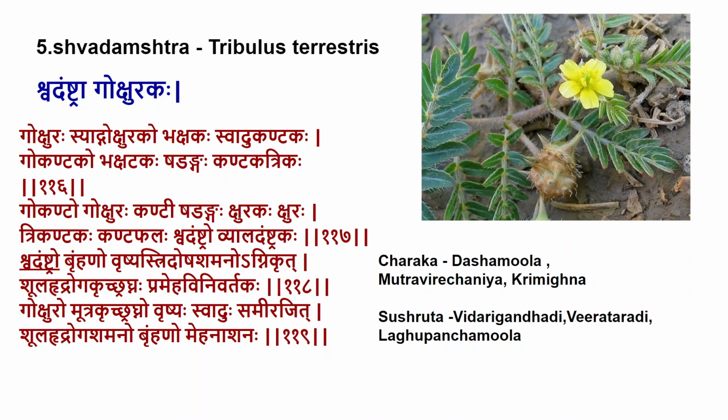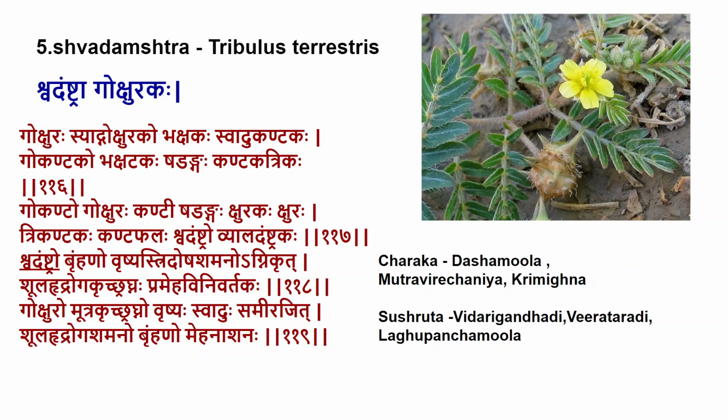Now we will come across the same issue. Sushruta in the same chapter refers to the gokshara in other ganas. In the Veeratarvadi Gana and in the Laghu Panchamula is mentioned, and the names used in that context are different, not that of the Shodamstra. So, at times he uses the word Gokshara, at times he uses the word Sharangaha, and so on. So that makes the issue a bit more complicated when we go into the real study as such.